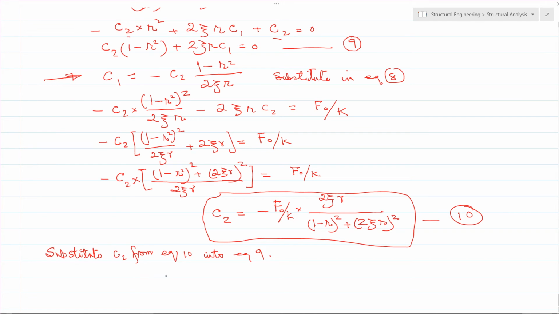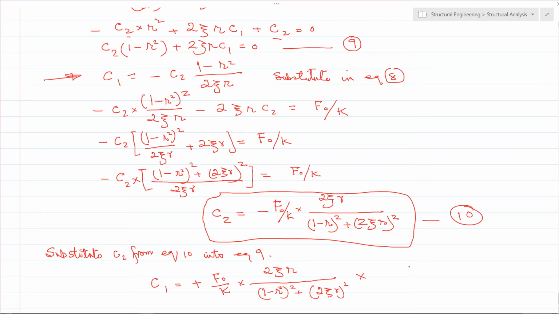Okay, so we can write that C1 will be equal to minus, then instead of C2 we can write minus, so it will be plus F naught over k into 2 xi c r over 1 minus r square whole square plus 2 xi c r whole square, and then